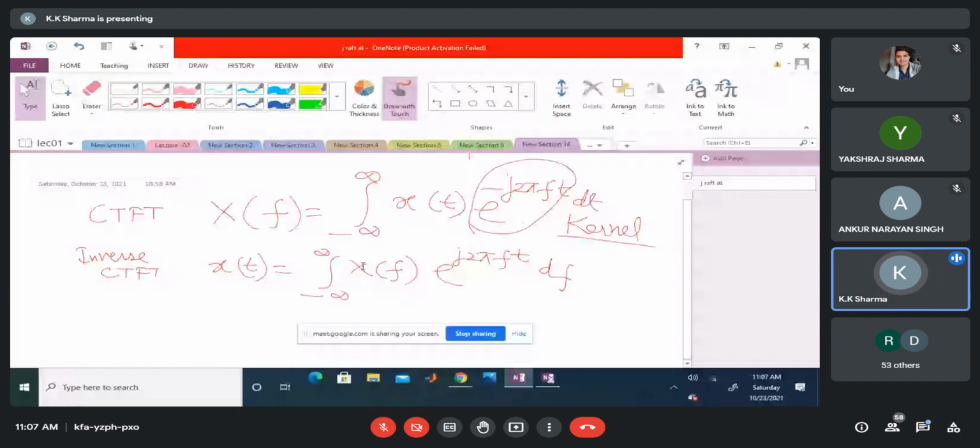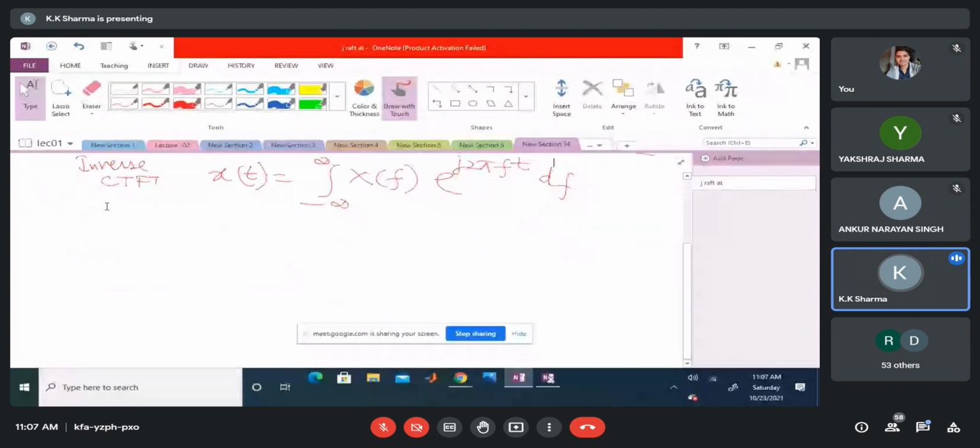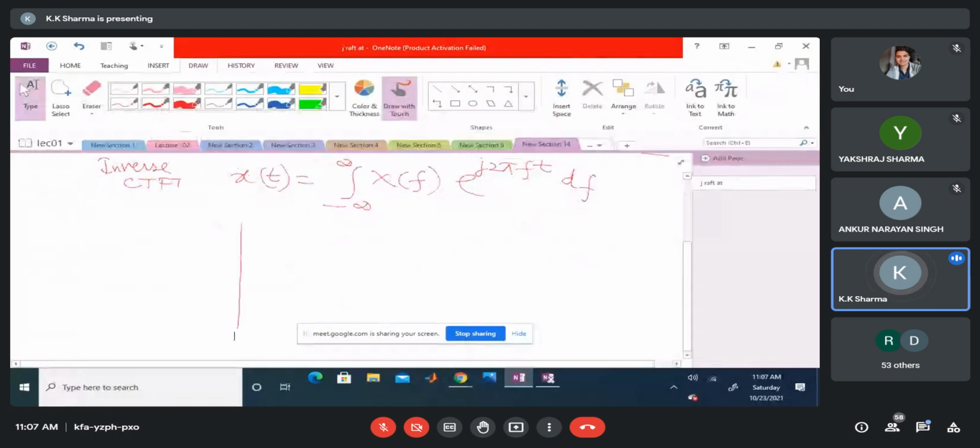They have little use as far as practical implementation on any software or DSP chip or anything of that kind is concerned. But one thing is important, that this entire operation of forward Fourier transformation and inverse Fourier transformation